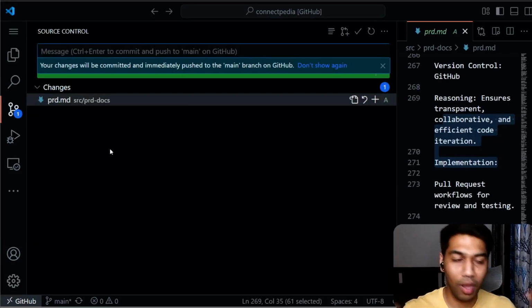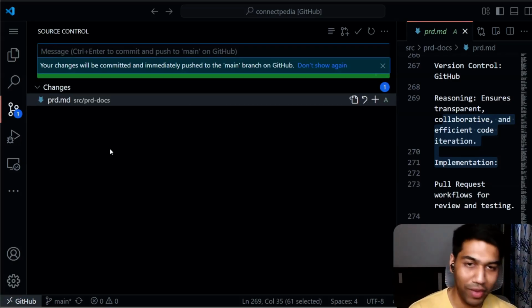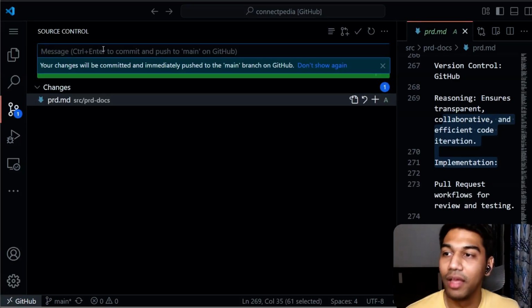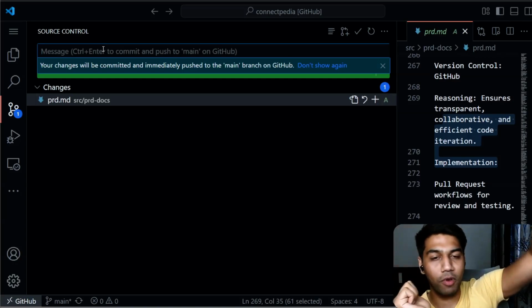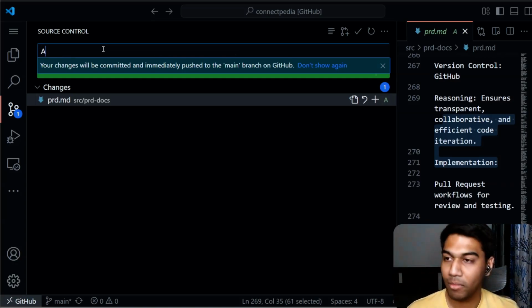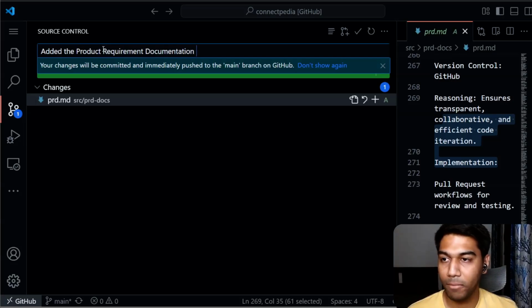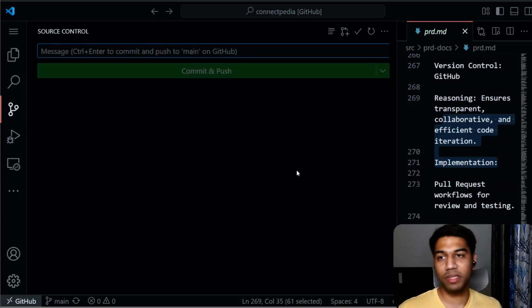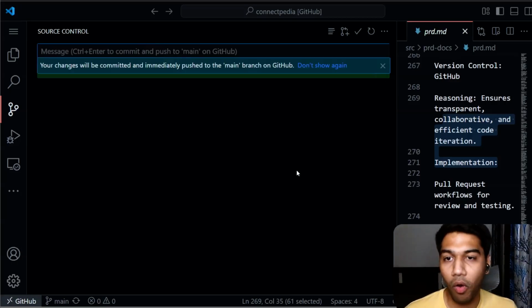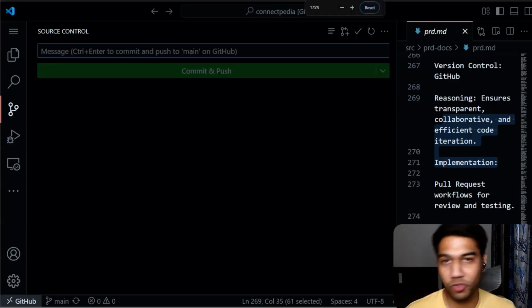And then here you have to commit, right? So when you're saying commit, think about it as saving. Again, I'm oversimplifying this, so don't blame me in comments. When you're committing this, it pushes a copy of this file to your GitHub repository. And once you do that, I'll say added the product requirement documentation. Once I've done this, I'll say commit and push. Commit and push means save this and push it online so that anyone who has access to this repository can